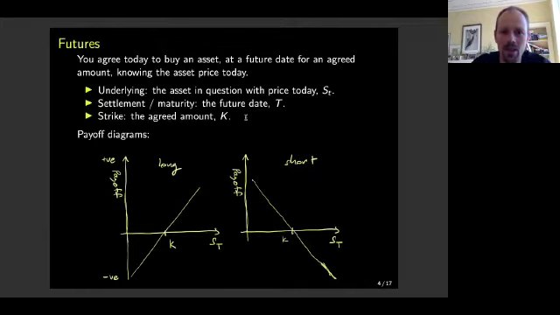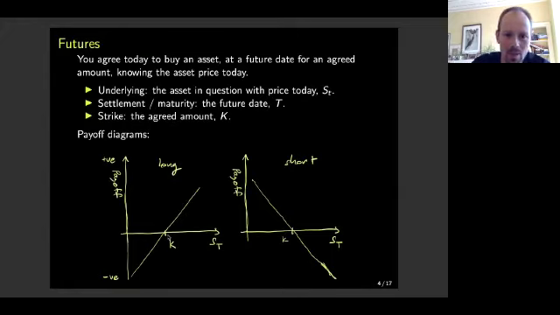And in the previous talk, I think someone mentioned payoff diagrams. So this is what a payoff diagram is. On the y-axis, you have the payoff at maturity, and on the x-axis, you have the price of the underlying in relation to strike. So if the strike is 100, and at maturity, which is the future date, the asset happens to trade at 100, then the payoff is 0, because you can buy something for exactly the same price that it's trading in the market, and so it's not very interesting.